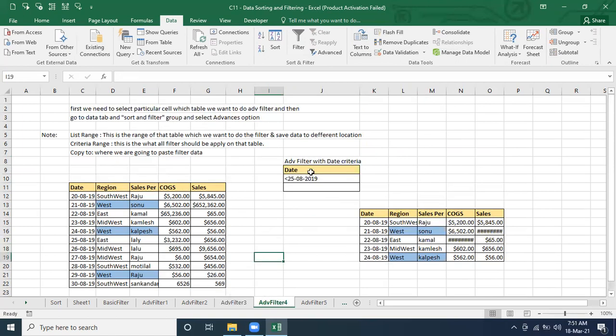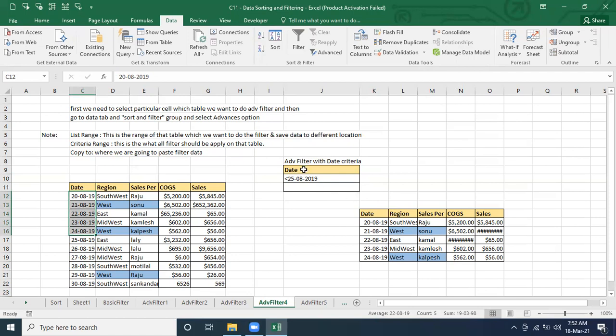And one more, dates also work with less than and greater than in a similar way, we only have to specify the date. If you want to use the advanced date filter, you specify the date here, and the same things, between, greater than, less than, you can apply for the date also. Less than 25th August 2019, whatever records are there will come here. So this many records will appear here.